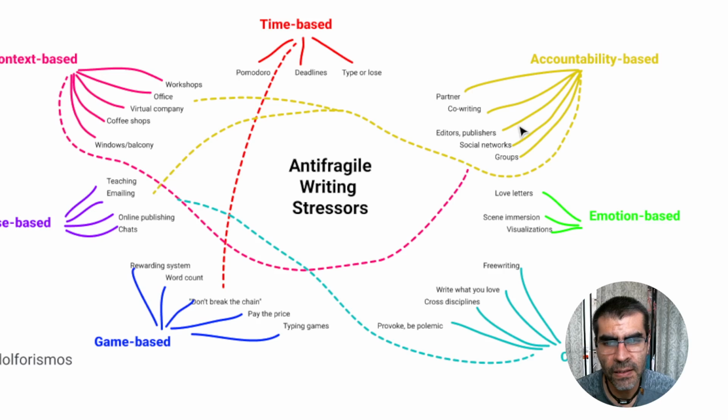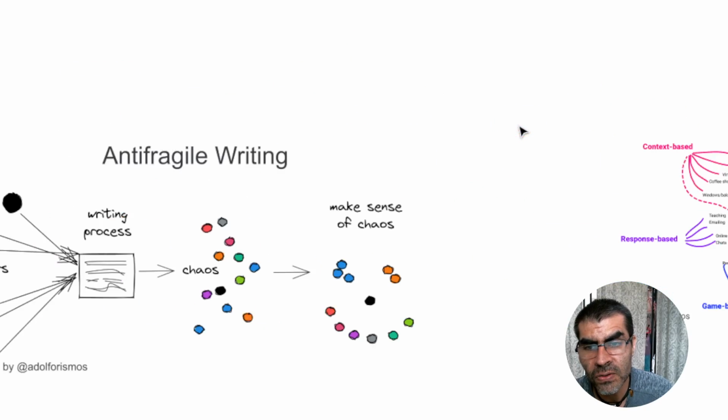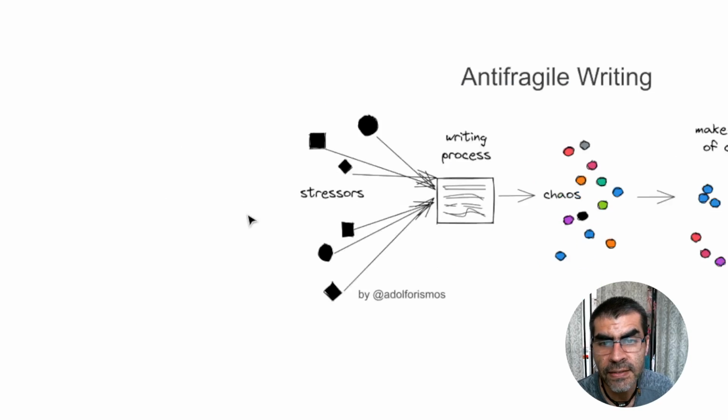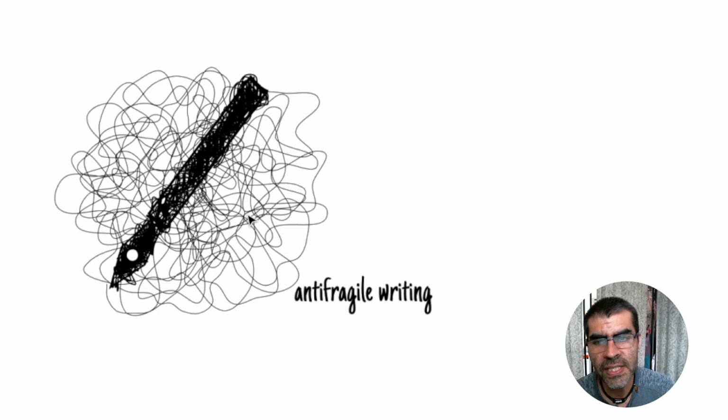You may think that writing in that way you are going to waste some text that is not specifically for teaching and you are going to use it for something else. But don't worry, that's the idea. You produce what you can produce with these stressors, having text, and then we are going to make sense of the chaos. We are going to edit, review what you write and try to get a better text, a better editing, a better writing. So this is the idea with the anti-fragile writing stressors for this framework.